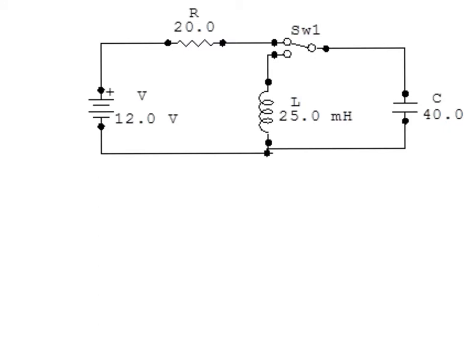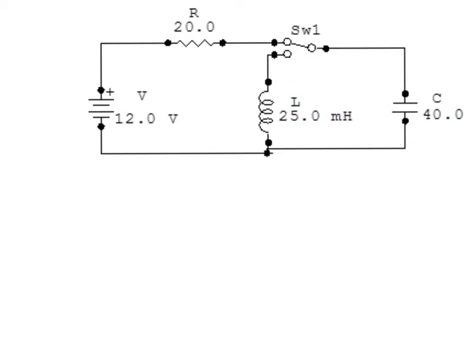So moving on to the next question, which follows from this, number 3, the switch is in this position. The capacitor is fully charged, 12 volts across the capacitor, no current because the capacitor is charged, no voltage, so 12 volts here, 0 volts here, no current, then the switch goes down. So what do we know? Two things. One is the charge on the capacitor can't change instantaneously, so this starts at 12 volts and fully charged. But since there's now a closed loop for it to discharge through,